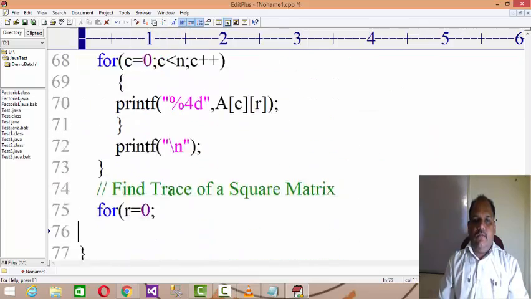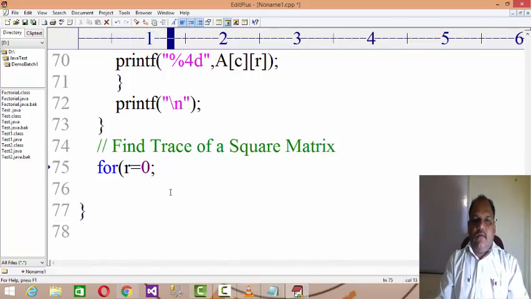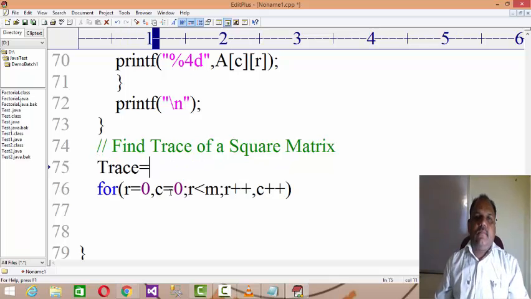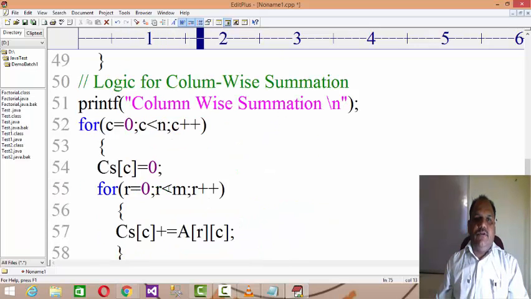Then for r equals 0, make the corresponding row and column coordinates common, so r equals 0, comma, c equals 0, r less than m, r plus plus as well as c plus plus also, because row coordinates are incrementing and column coordinates are also incrementing. Here you set trace equals 0 because you have to hold the summation.